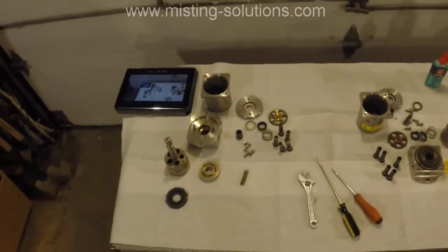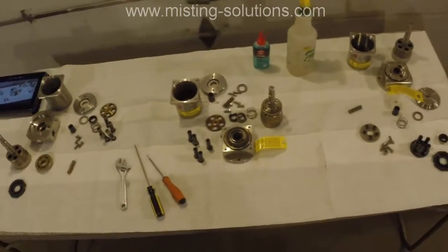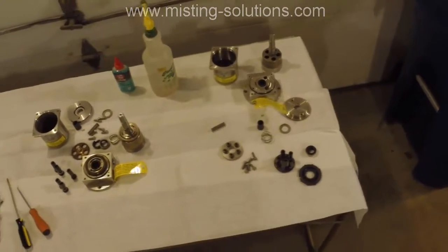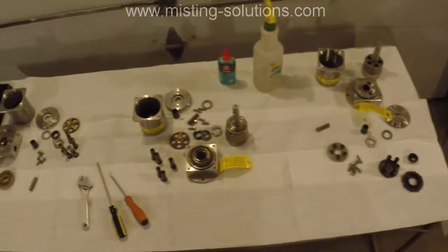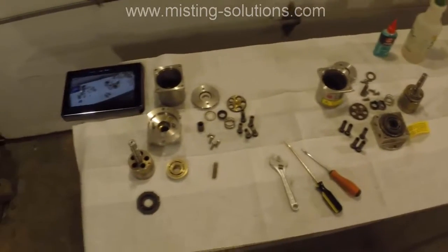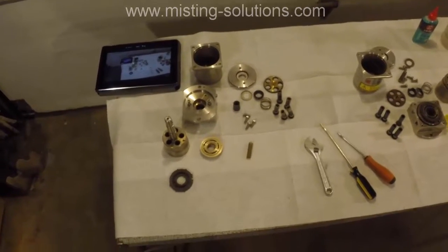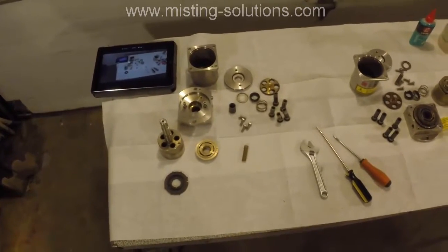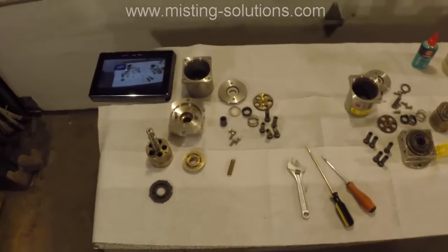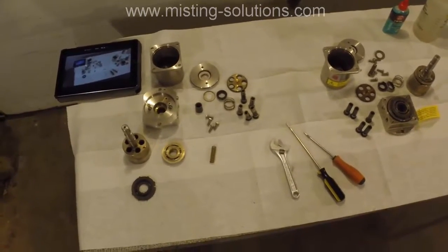Okay, we've got 3 different pumps here that have failed at various times and for various reasons, and I just wanted to show you the 3. I'm going to try to put one back together to see if I can make one in some good working order, but I was going to go over each one of these pumps to a small degree to tell you what's wrong with them. This first one is the one I took apart yesterday,